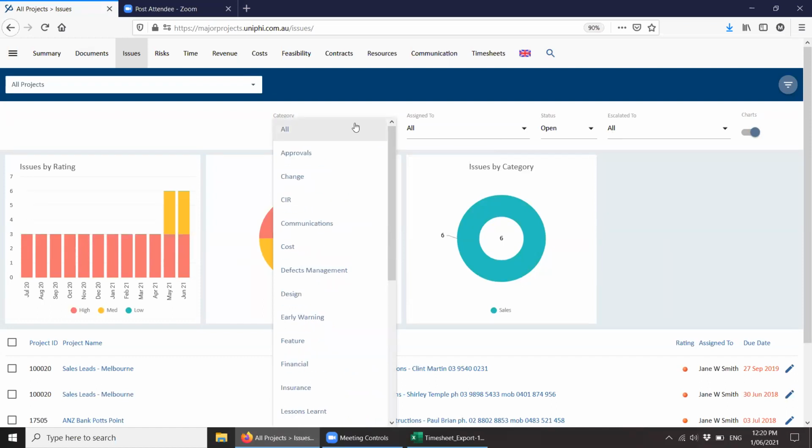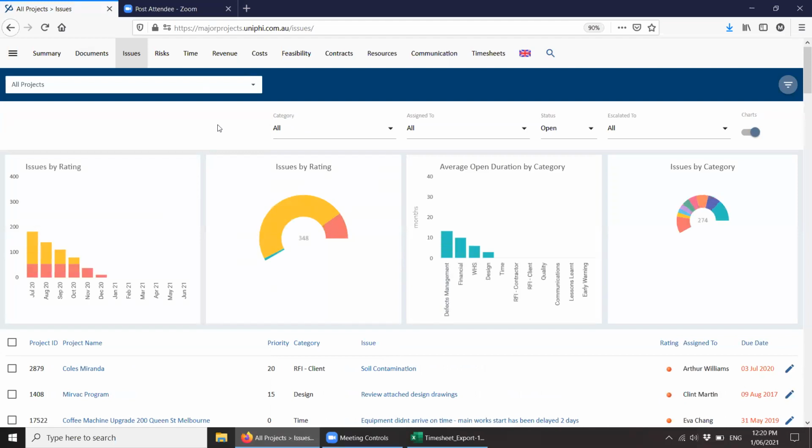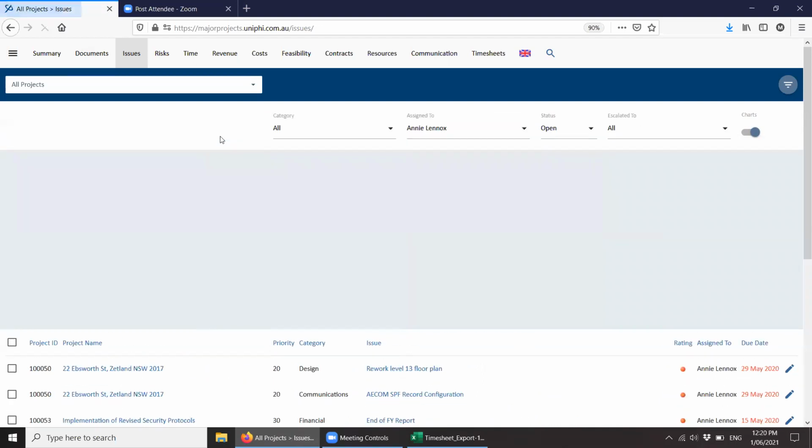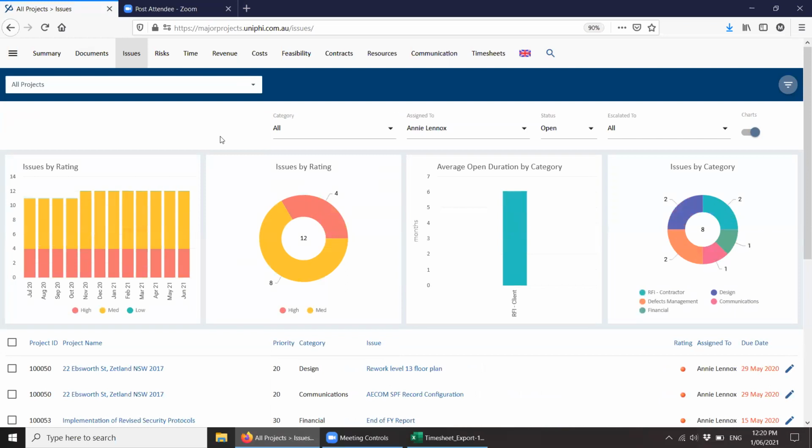So definitely the filters are interesting. On an RFI analysis basis, the reason I sort of know about RFIs is we built a visualization for a client in Power BI to manage RFI tracking, and that included turnaround times. And obviously you can select by assignment and see if Annie Lennox is being a productive PM and how long it's taking her to turn her RFIs around. And you can see she's half as long as the company as a whole, so she's doing exceptionally well. And this is her trend of how many she's having to manage. And so, again, interesting piece of analysis